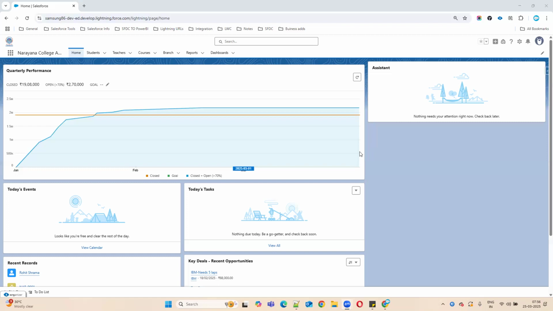Kusuma, what is controlled by parent? Yes, sir. Controlled by parent means in child records, access is determined by the access level of the parent through master detail relationships, based on the parent record permissions. Correct. So normally controlled by parent means record level security is controlled by the parent only. This happens only whenever the relationship is master detail. Understand? Okay.